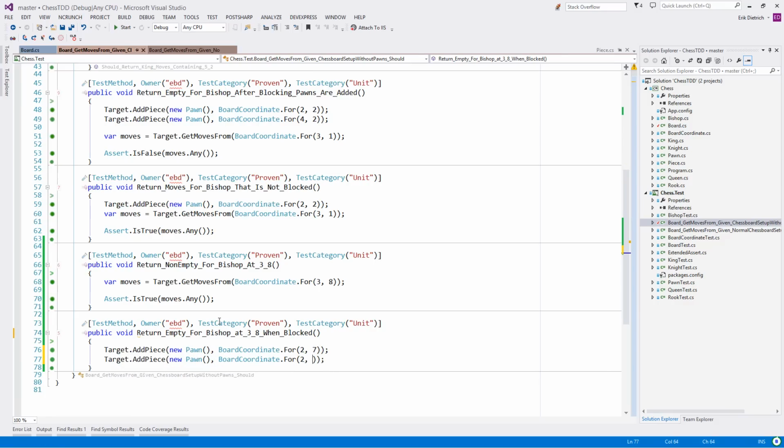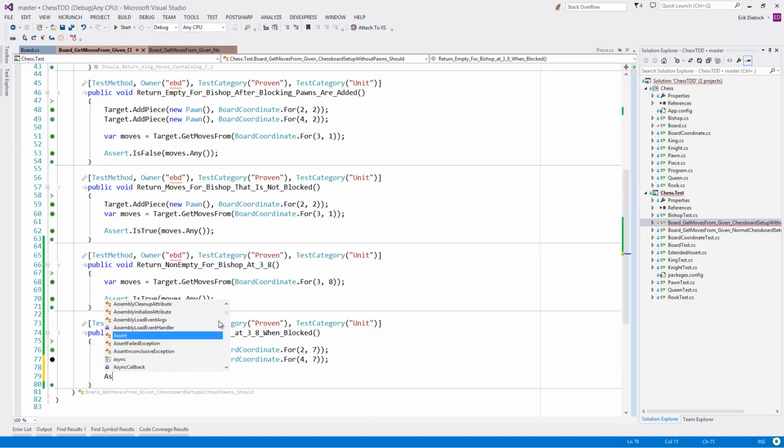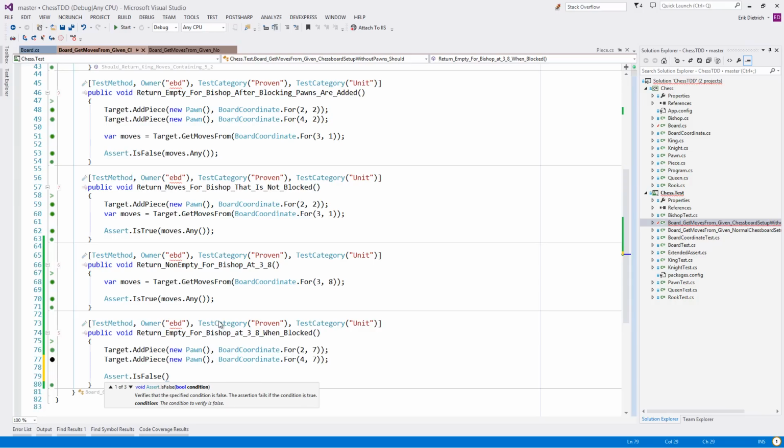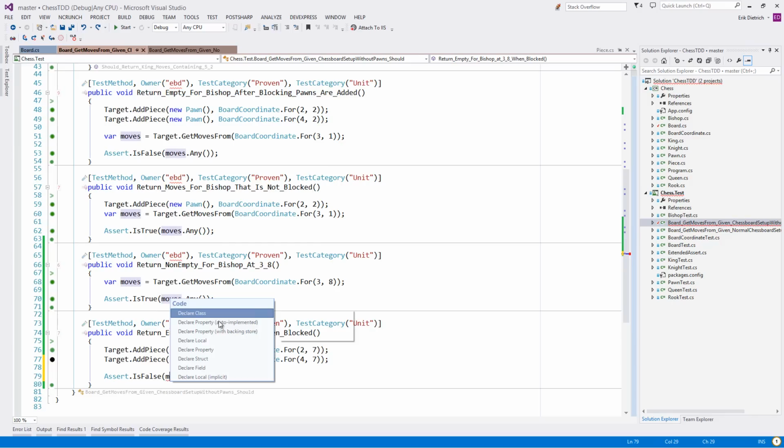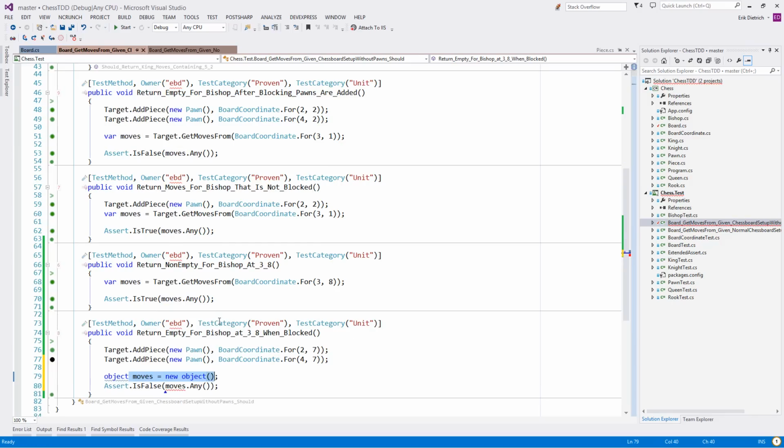But I'm going to write a test where I block, and then I'm going to get the moves for this bishop and assert that it is in fact empty. And there's nothing wrong with writing a test that you expect to go green to confirm and make sure that your understanding of the code is correct, because